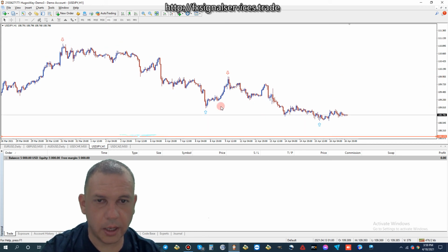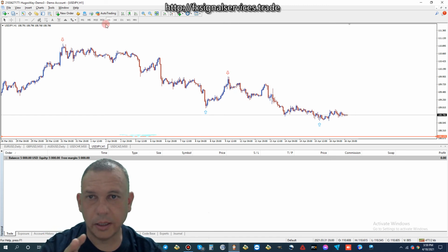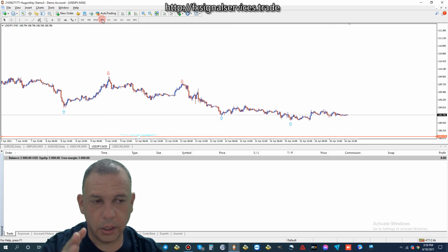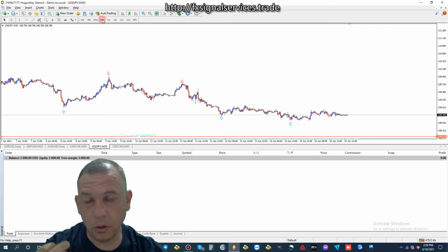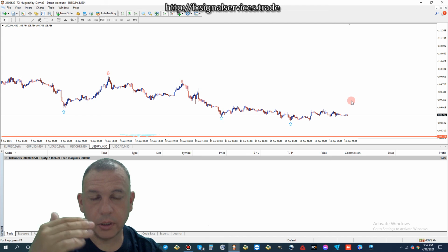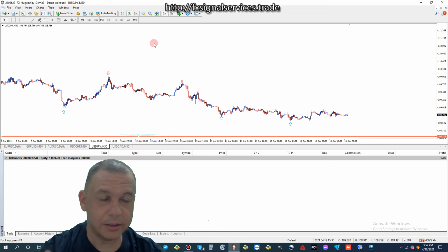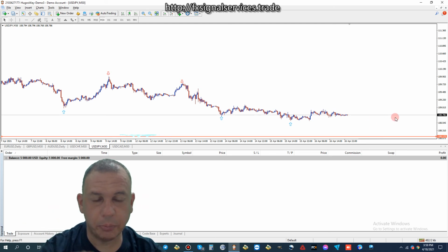So what I would do this week is I would wait, on the 1-hour chart or 30-minute even, until you have a red arrow to sell. Again, wait until at least the New York session on Monday before placing any trades at all. All these USD pairs, wait until you get a red arrow and then sell, and then close it when you get the next blue arrow. Place a trade on the red arrow, close it on the blue arrow, using a 30-minute time frame, and just repeat that process.